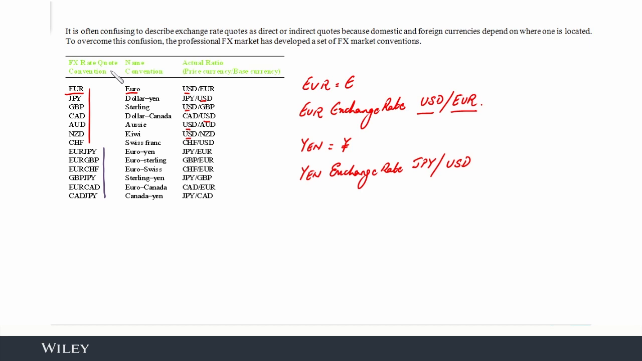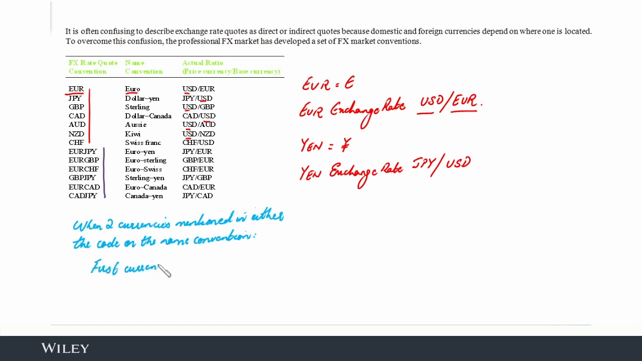Now the third thing that I need to highlight is that when both currencies are mentioned either in the code or in the name convention, the way it works is that the first currency is the base currency, and the second currency